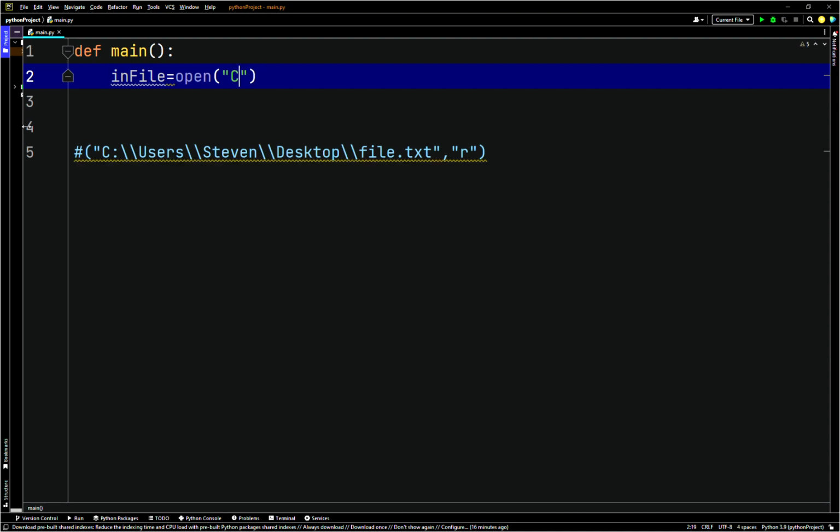Basically this exact same thing I just typed for me. And then I'll just call the exact same file, and then we're reading it again. We're in read mode. So we're gonna use r for the read mode,